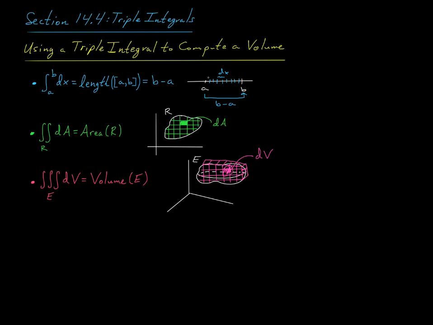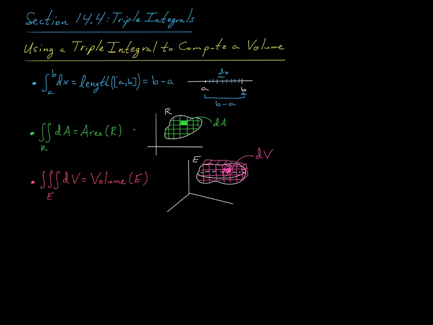said that if we think about this as a partition of our interval first as a bunch of little differential lengths, then this integral is just going to sum those differential lengths as we go from a to b. And so that in turn will give us the total length of this interval, which is just equal to b minus a. Okay, and then going up a dimension, we looked at the double integral of dA over a region